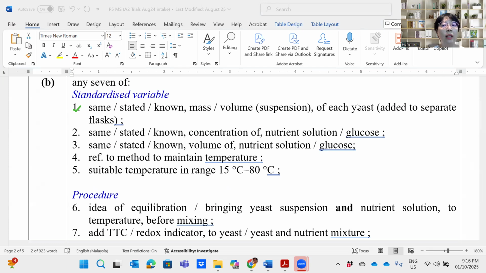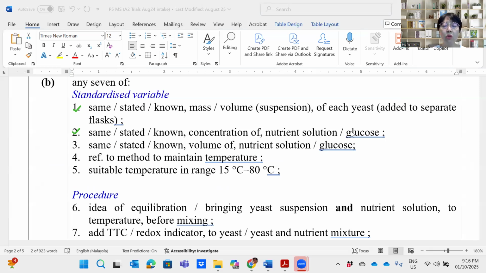Even though the type of yeast is the independent variable, the mass and the volume of yeast is a standardized variable. Okay, you see the difference, right? The independent variable is the type of yeast, but we standardize the mass and volume for the 3 types of yeast. They're all the same, so they're standardized. Then number 2,